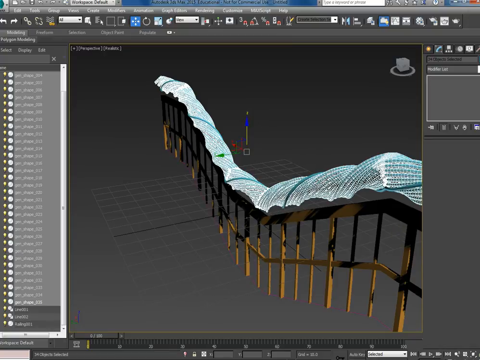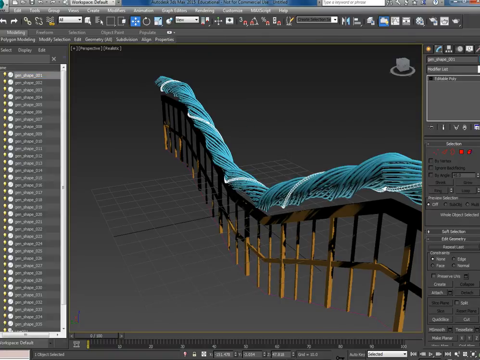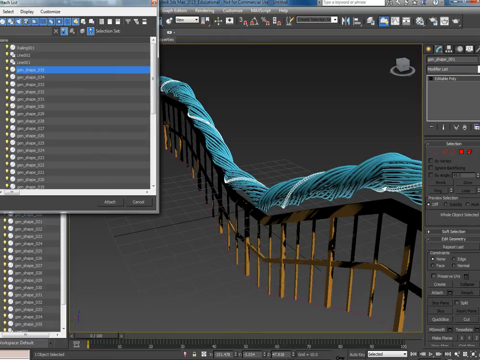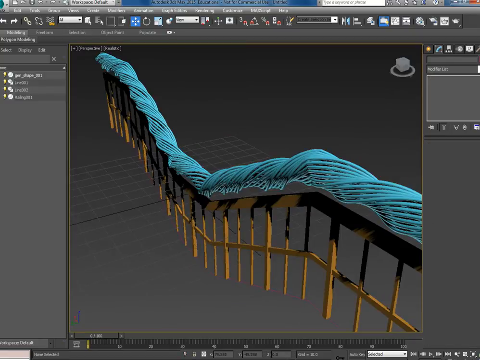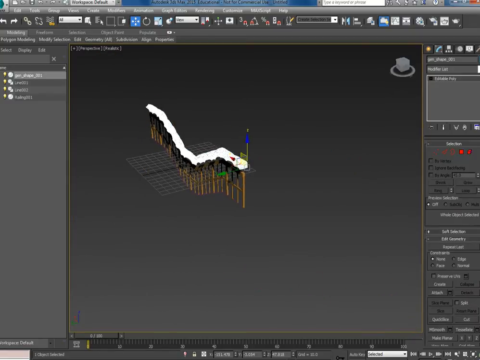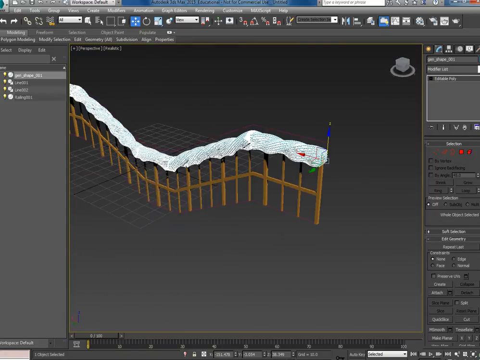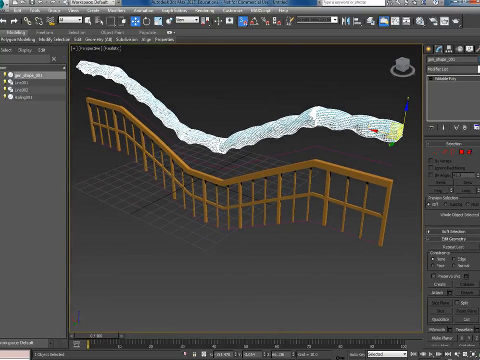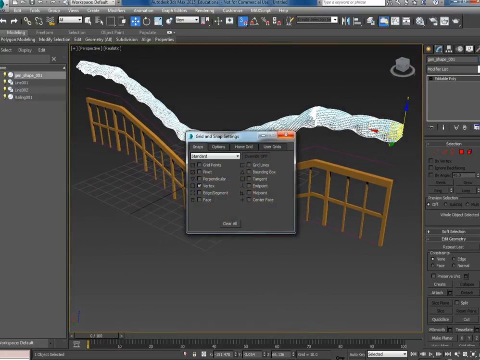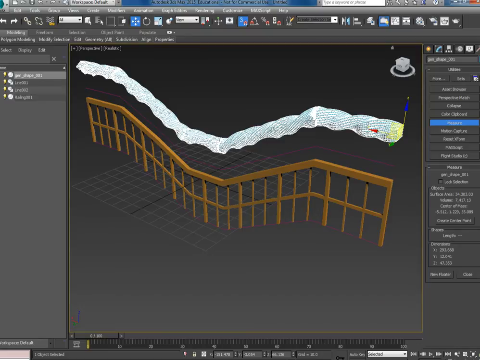And as soon as they're collapsed here, I'm going to take the first one and attach them all as one object. So make sure they're all one object here. So now it's all one shape. So I can bring that shape down and just show you the shape here. I can bring it down, and that could be the rope bridge part. But what you can do now that you've got that done, I can go into vertex mode, and this is where the spline